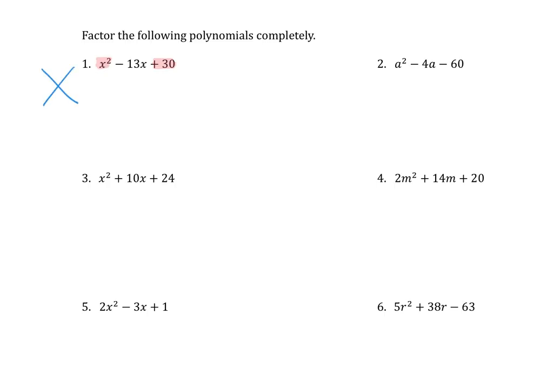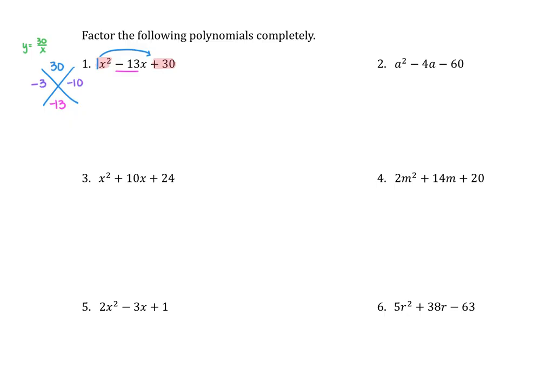So I'm going to multiply a times c, just like we've been doing. That gives me 30, adds to give me that middle term of -13. Remember, I'm going to go to my calculator, type in y equals 30 divided by x. I'm looking for my two factors that would add to give me -13. We know those two factors to be